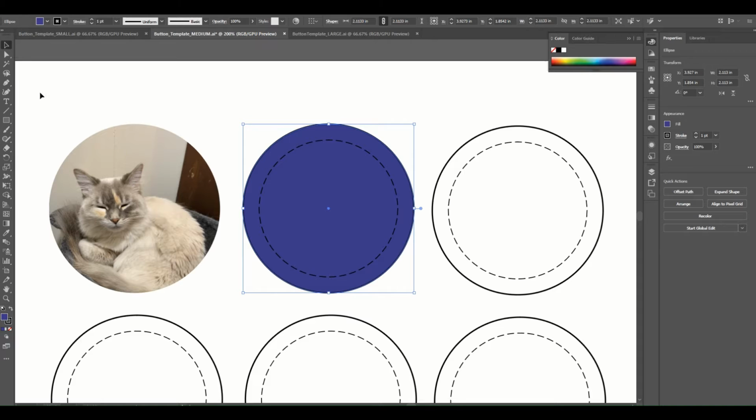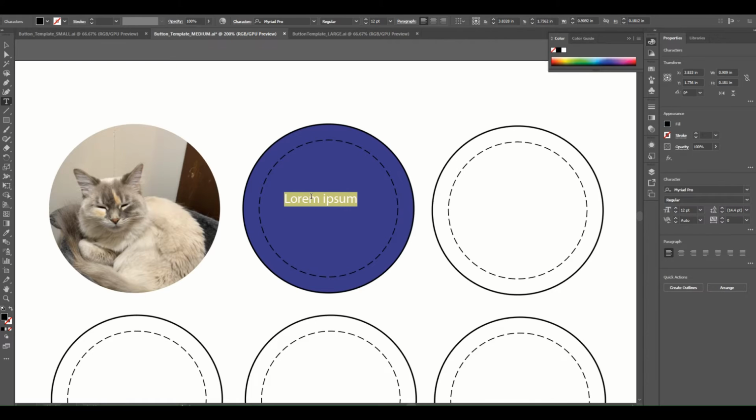And now let's say we wanted to add some text. We can do that by selecting the text tool, which is right here. Select that. And now select once, you get your lorem ipsum. And remember, in Illustrator, if you don't change your tool, you keep the tool you have. So I still have the text tool. So no matter where I click, I'll just keep getting text. So I'm going to delete that. And then I'm going to